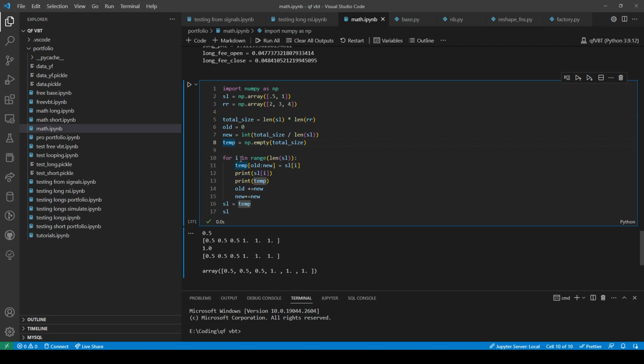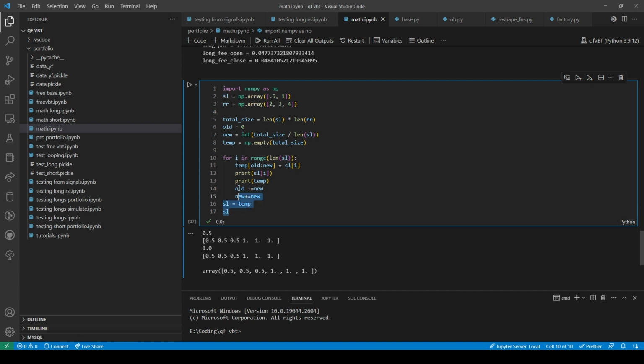Then we send it in a for loop of i for the length of stop loss. Obviously, again, we're going to need to for loop this whole thing. And then here we do temporary, which is old to the new, right? This is 6 divided by 2, which is 3. And then boom, we have our stop loss.